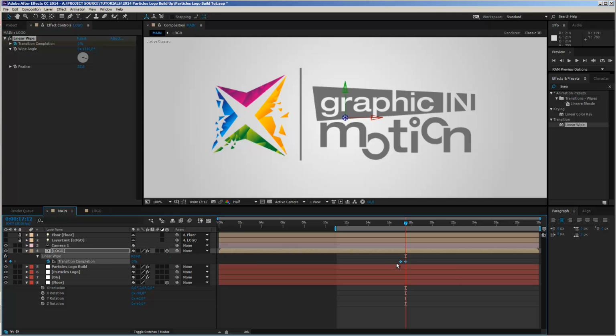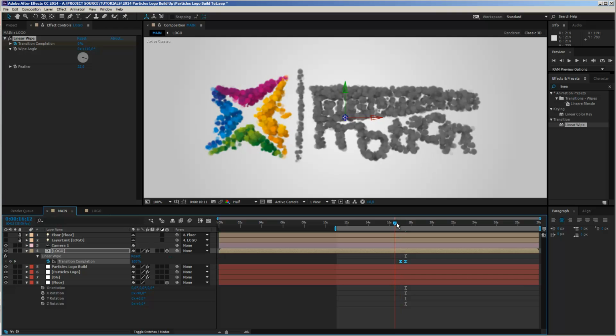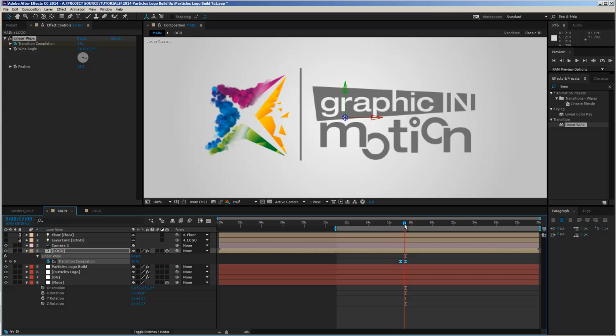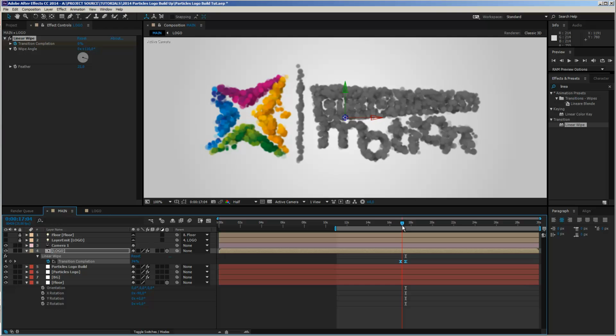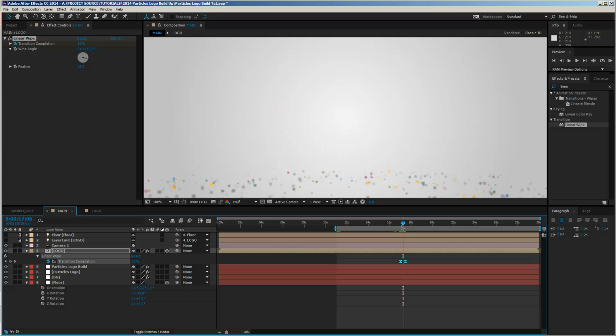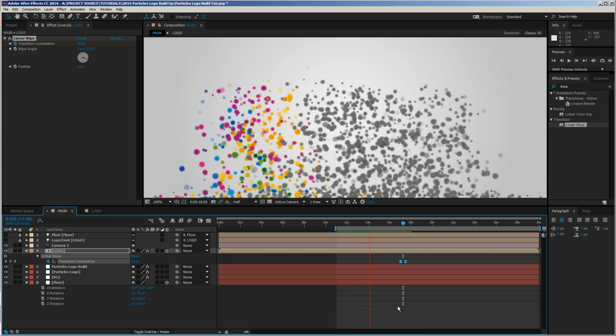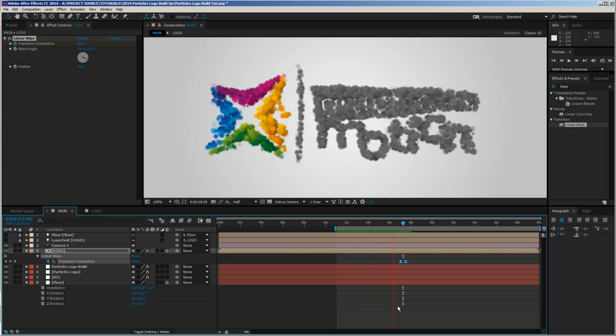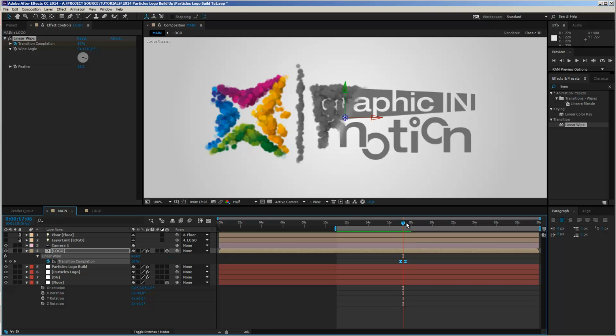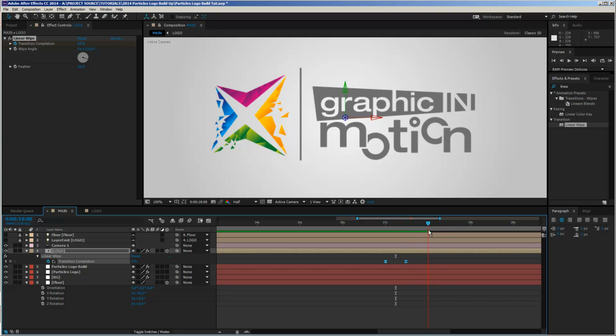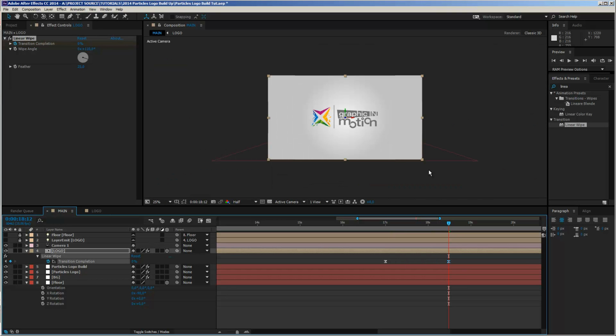And we can also easy ease these keyframes. And now you see that we have a pretty fast reveal. And now let's just make a quick RAM preview. Let's see how this looks. Maybe the reveal is a little bit too fast. Yeah, it definitely is. So I definitely have to change the timing here. So instead of half a second, I probably will take 1.5 seconds. So just drag this out and make it a little bit more smooth here.